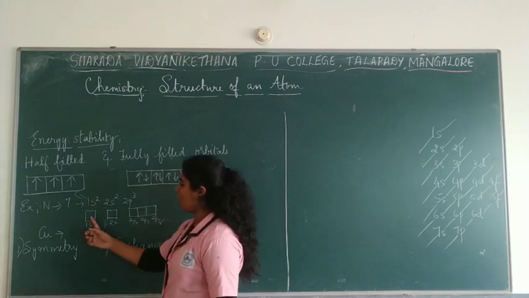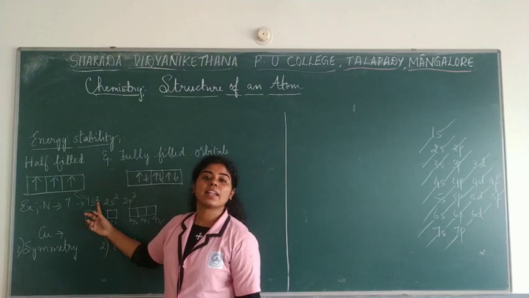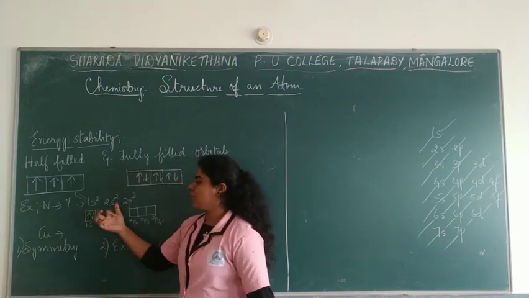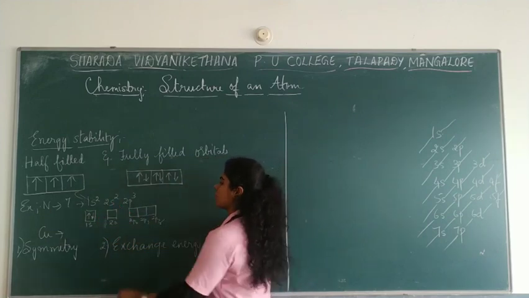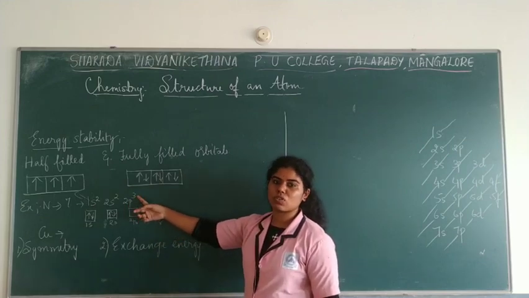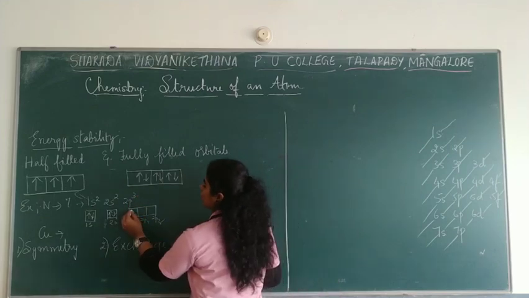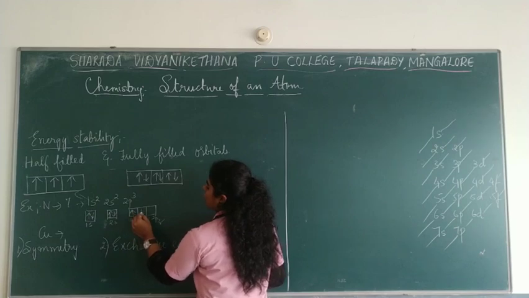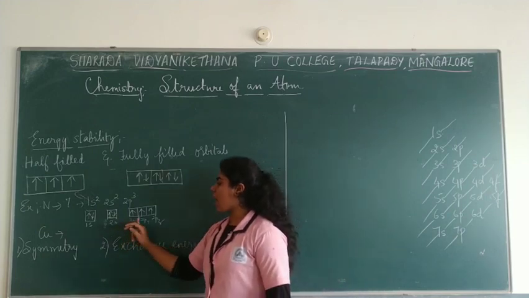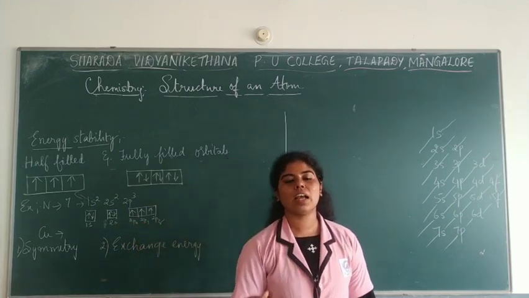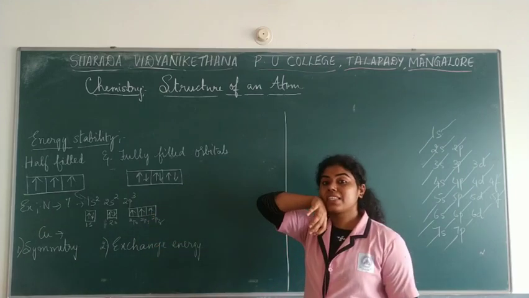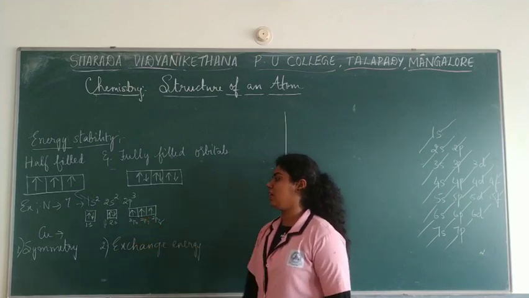Now, how many electrons are present in 1s? There are 2 electrons, so you fill 1 and then 2. In 2s, how many electrons are present? 2 itself, so 1 and then 2. In 2p, there are 3 electrons, so 1 can be filled for each of the orbitals: 2px1, 2py1 and 2pz1. So here you see that the p orbital is actually half filled and these are said to be stable. The energy of these orbitals is said to be very stable. That is half filled orbitals.